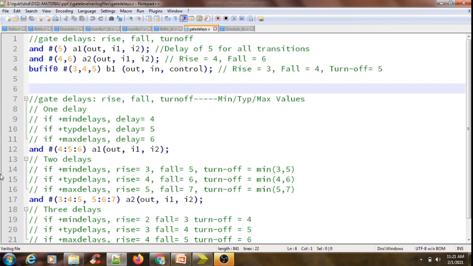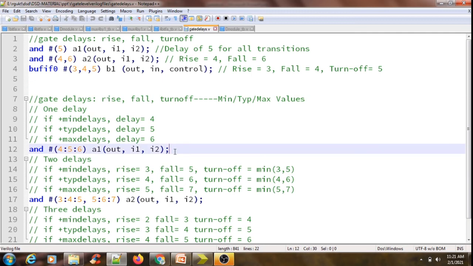Similarly for a gate, if the gate has a certain delay, that means to generate the output, it has to consume a certain amount of time to travel from one location to another. Definitely a time consumption is required.